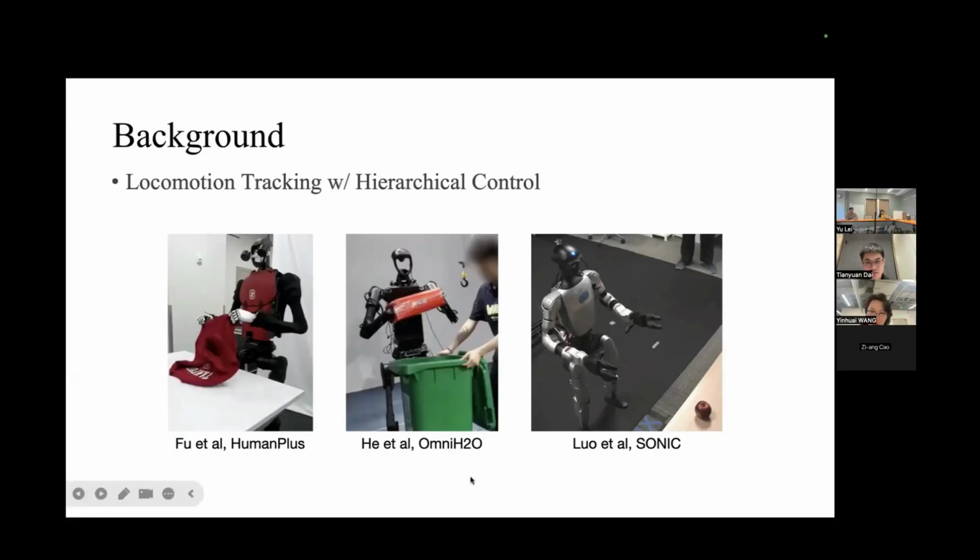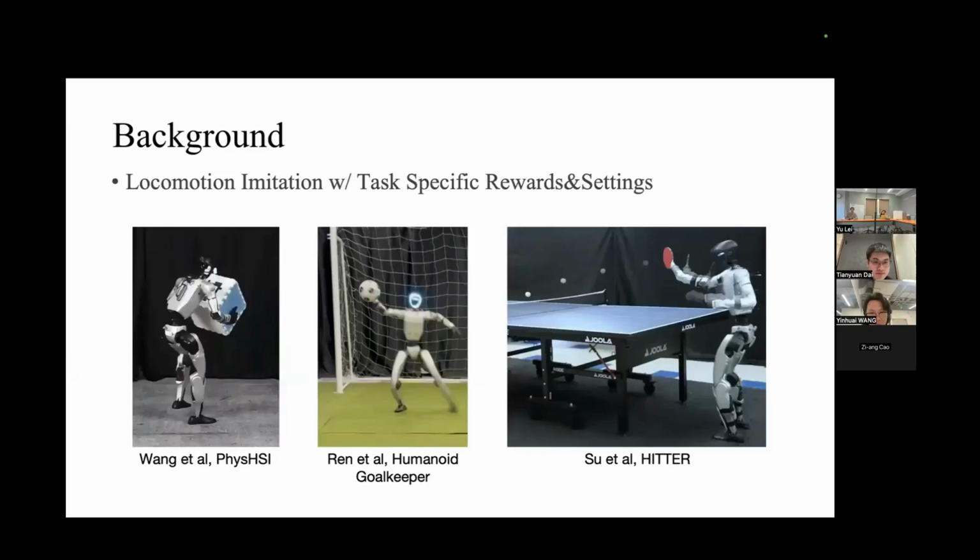But this kind of control paradigm has inherent limitations in interaction robustness, and it is very difficult to interact with highly dynamic objects. So if we need the humanoid robot to interact with the world in an agile, dynamic and robust way, we need a new paradigm. That is what some recent works try to do.